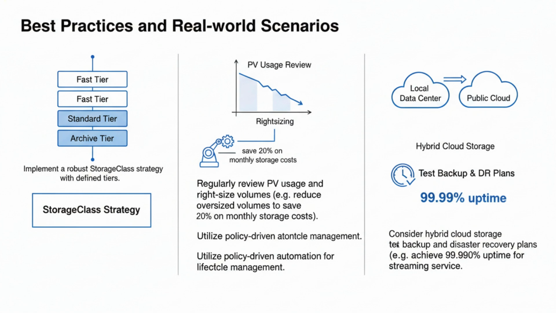Consider hybrid cloud storage for flexibility and cost savings, leveraging on-prem for sensitive data and public cloud for scale. Always test your backup and disaster recovery plans thoroughly. A real-world example might be a streaming service dynamically scaling its content delivery network, using intelligent storage to tier hot content to fast SSDs and archival content to cheaper object storage, seamlessly adjusting for demand fluctuations and achieving a 99.99%